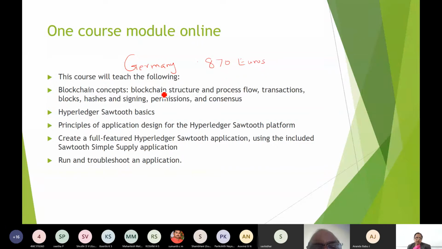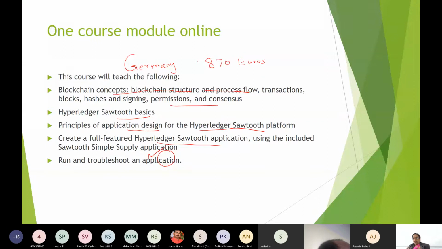They will teach the blockchain concept, structure, process flow, transactions, hashes, signing, permissions, consent, and Hyperledger Sawtooth basics. Then application design for the Hyperledger Sawtooth platform, and one simple supply chain application. Another interesting feature is running and troubleshooting an application.